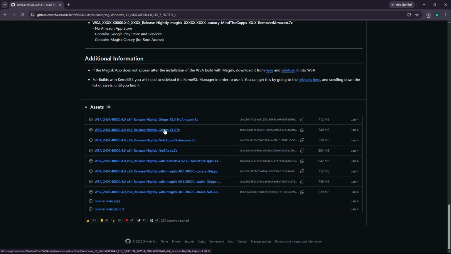Once the file is downloaded, extract the zip file. Then, run the bat file as an administrator. Wait for the installation process to finish. Once it's complete, the Google Play Store will be installed on your